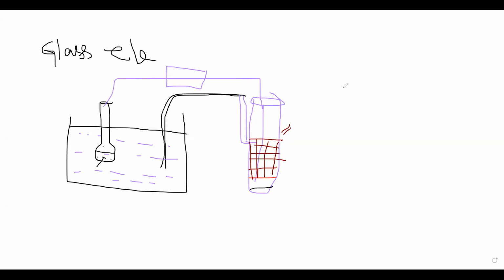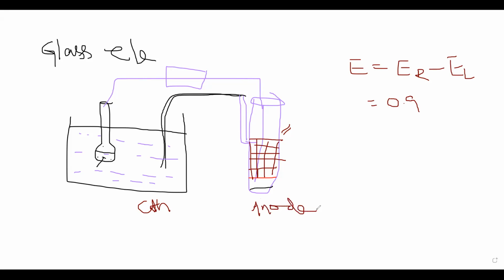Okay, how to calculate pH? Directly, E cell is equal to E right minus E left. What is the right electrode? The glass electrode is the right electrode, which means it is the cathode, and the calomel is the anode. Just now we had seen even in quinhydrone also, quinhydrone is the cathode, 0.6996.